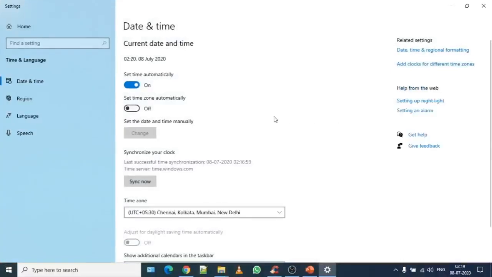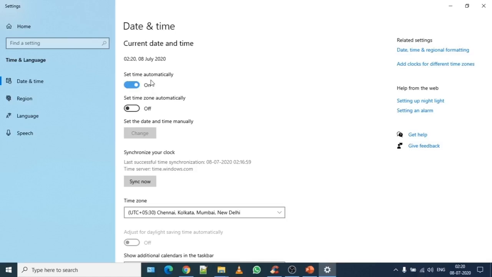Now when you click on date and time, it will show you a window where you have information about the current date and time. If it is correct, as mine is set to automatic, it is automatically detecting from the system battery, which is also known as CMOS battery, where the time is already set.